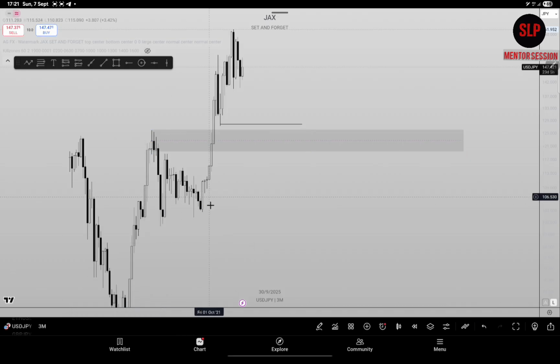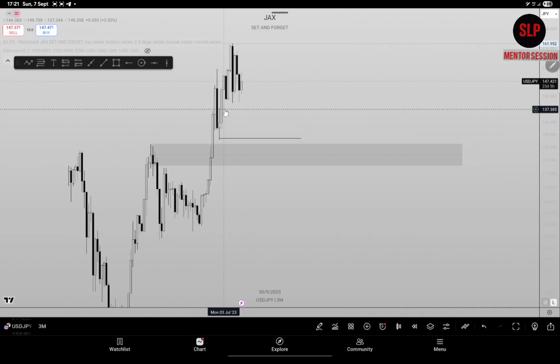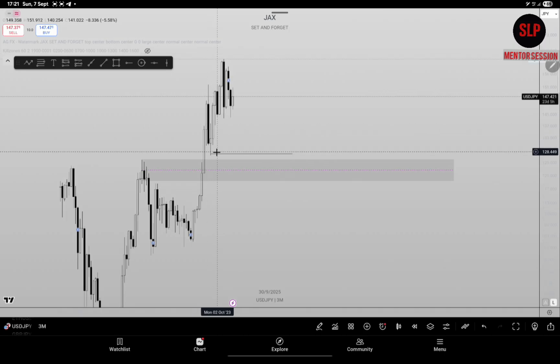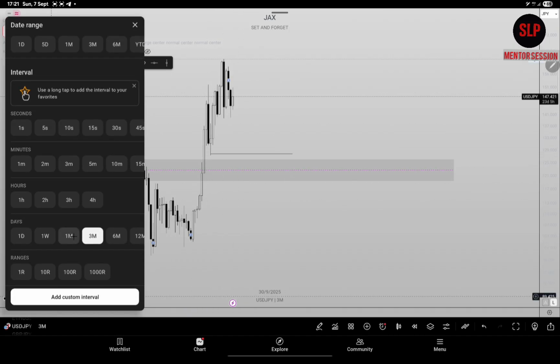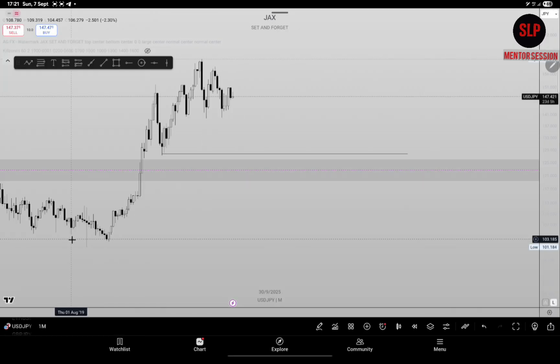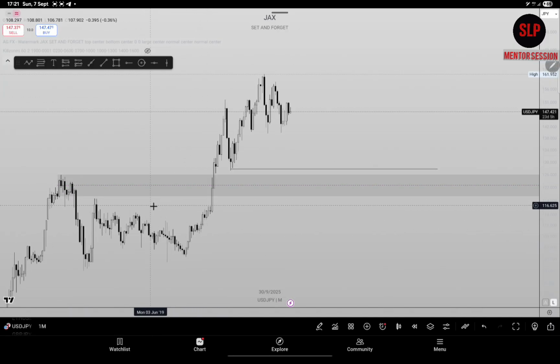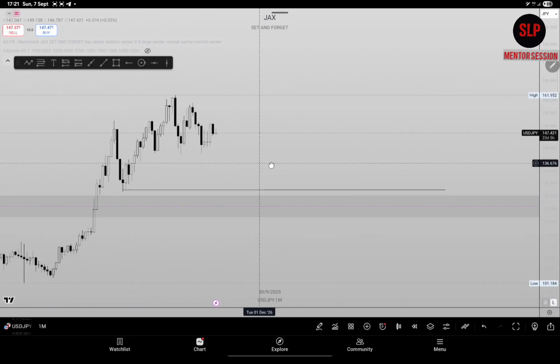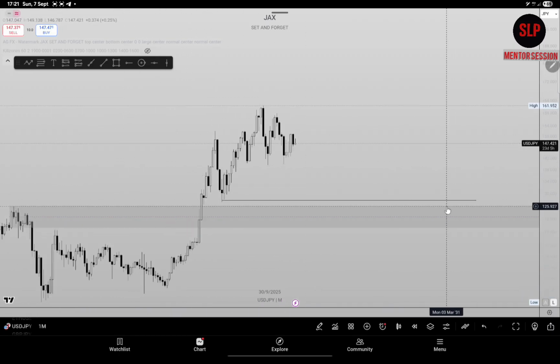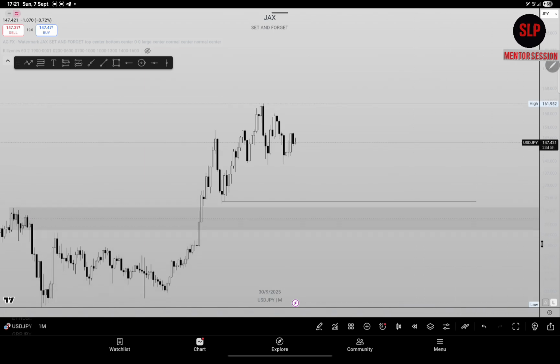If you're looking at the same stuff I'm looking at, you would definitely mark out the same stuff: liquidity, breaker block. I walk down again to a lower time frame, the 1 month time frame. On the 1 month, what else am I seeing? This is a 3 months POI. This breaker block is a 3 months POI. Okay, so on the 1 month, what am I seeing?